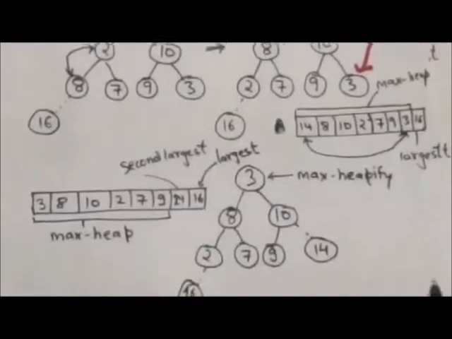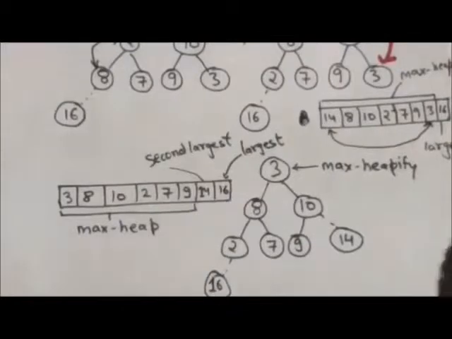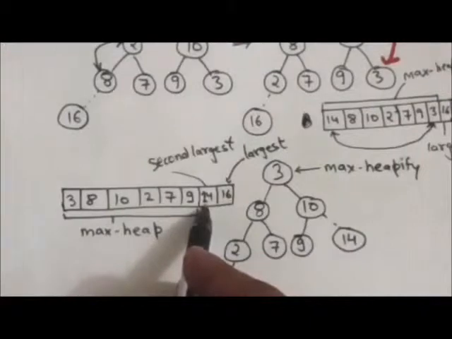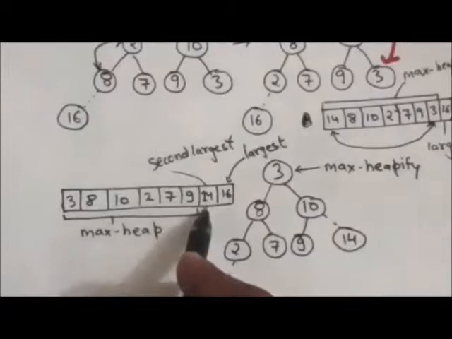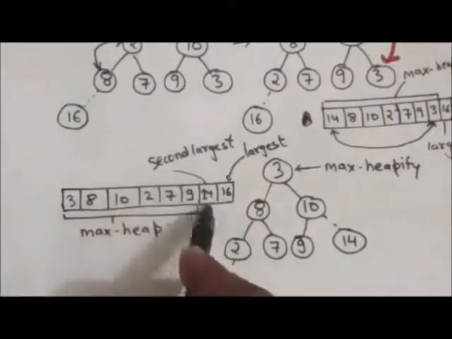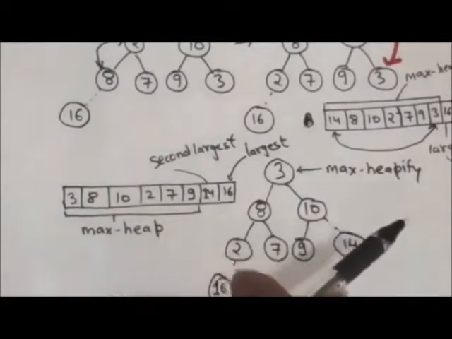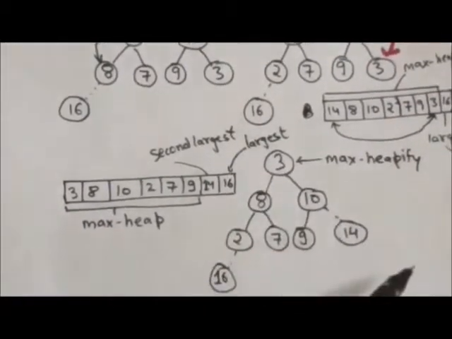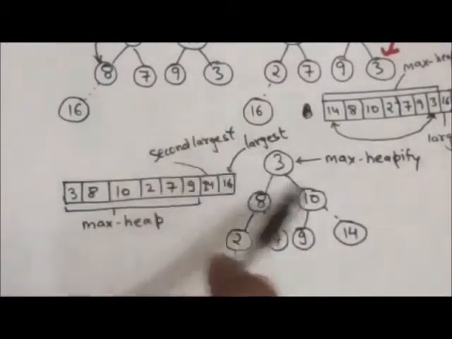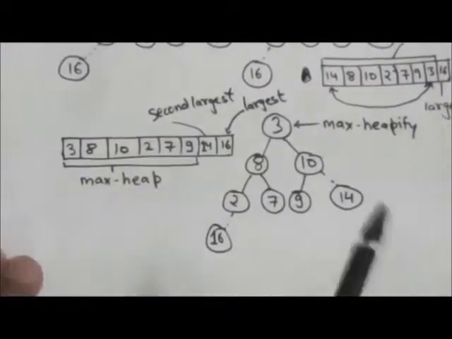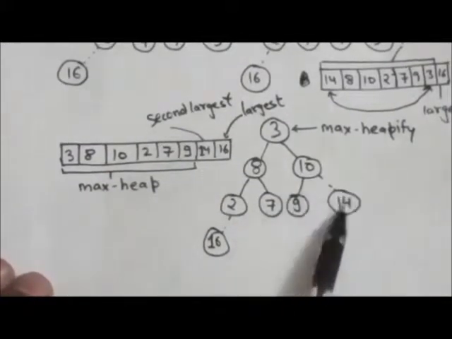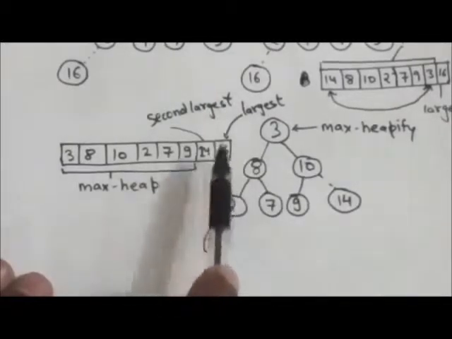Now after exchanging it, what will happen? This element 14 will occupy the second last position in array A, right? So what will we do? Now we will decrease the size of the max heap by 1. When we decrease the size of the max heap by 1, element 14 is not included in the heap, but element 14 is stored in array A,